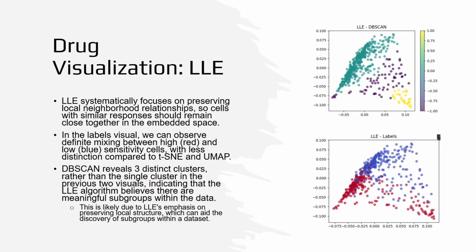Our LLE, this is kind of a different story here. Again, with our labeling, we can see almost a great divide with the blue and red. However, with our DBSCAN, we can see three distinct clusters, different from the two. This indicates that the LLE algorithm believes there are three meaningful subgroups within the data. This is likely due to LLE's emphasis on preserving local structure, which can aid the discovery of subgroups within